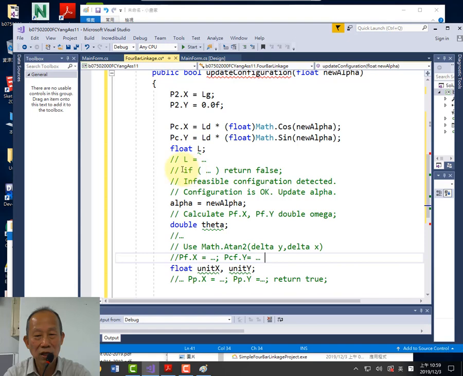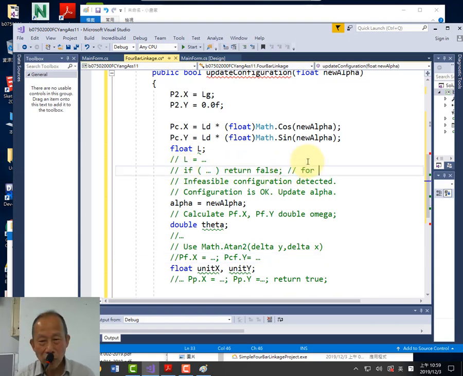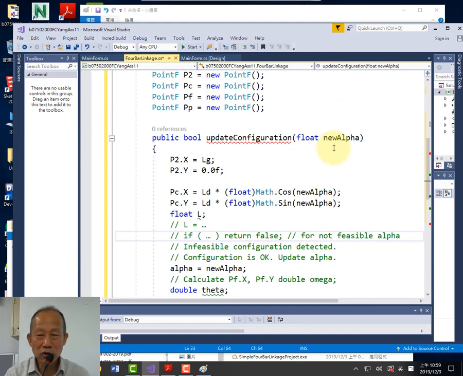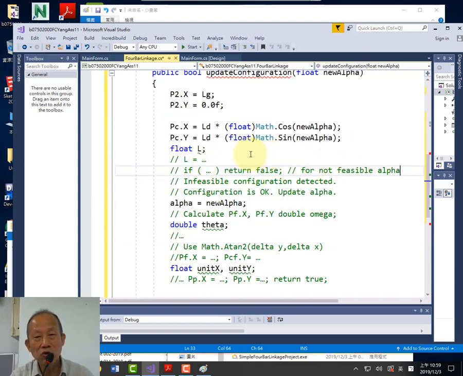所以这个 calculation up to this point 呢，在这个地方啊，我们看一下，回到这边来啊。So once you calculate the length, you need to check the condition. Okay, 好。For not feasible alpha, because we are about to change the alpha with the new value, right? New alpha value, but this new alpha will result in an infeasible configuration. So we are not going to let you do that. By checking this L there, we will return false. Okay, 所以你要自己 figure out 哈。